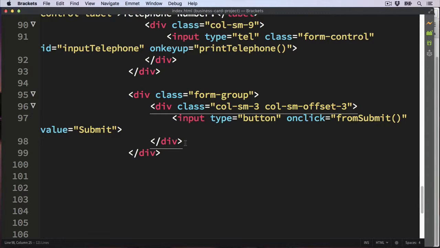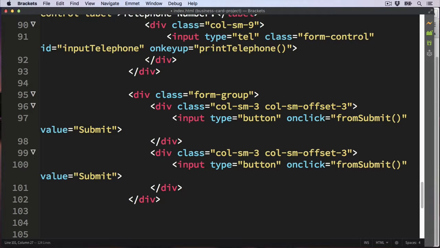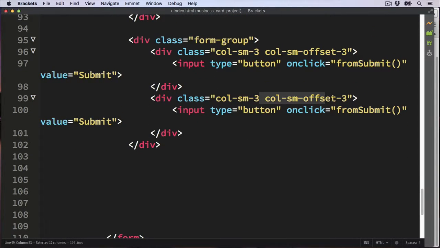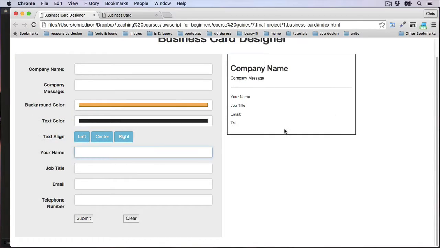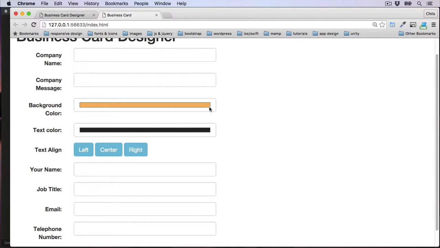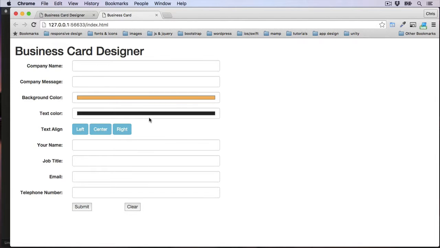and then lastly the button for the form reset or the clear. So we can create this full div from the one above and just remove the offset this time. So again we need the input type of button. On click we'll create the function form reset with the value of clear. So let's take a look at the browser and check it's all working fine. So refresh that, and there we go. So there's our business card and all the forms, the submit button and also the clear